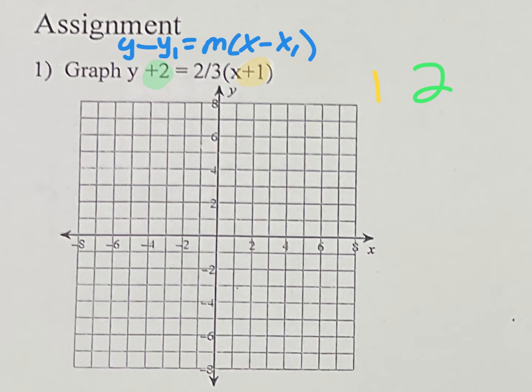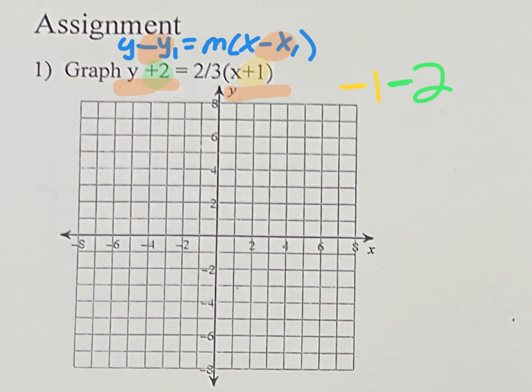And then here's the other thing that sucks about point slope form. It's backwards because the x is in the wrong spot. X comes first in a coordinate, but it's last in the equation. The other thing that sucks about it is that because of this subtraction in the formula, it also makes the signs opposite. So even though it's a positive 1 in the equation, that means that the original coordinate was a negative 1. And then because it's a positive 2 in the equation, that means that original y-coordinate was a negative